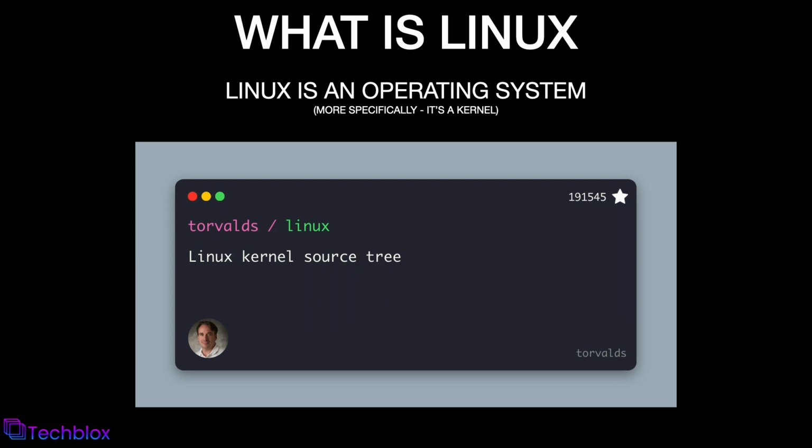It's also incredibly flexible. You can build a full desktop OS with Linux or strip it down to run on a tiny device. That flexibility is why it's used in everything from data centers to cars, drones, satellites, and even your Wi-Fi router. Linux is modular, efficient, and built around the philosophy of small programs that do one thing well. This design makes it easy to customize, script, and automate, which is exactly what we love in DevOps. So when we say Linux is everywhere, we mean it, and it's worth understanding why it's so widely adopted.